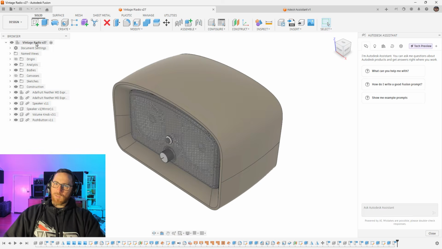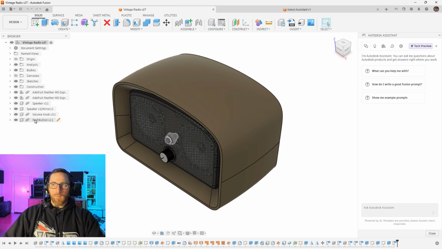Every other CAD system uses a feature tree. Inventor does it. SolidWorks does it. Pretty much every other CAD system does. Fusion was different in that it had the browser and the timeline, and I think it was a good novel concept, but I think the ability to actually use this more as a feature tree rather than the browser and the timeline would go a long way in terms of reducing friction in tasks